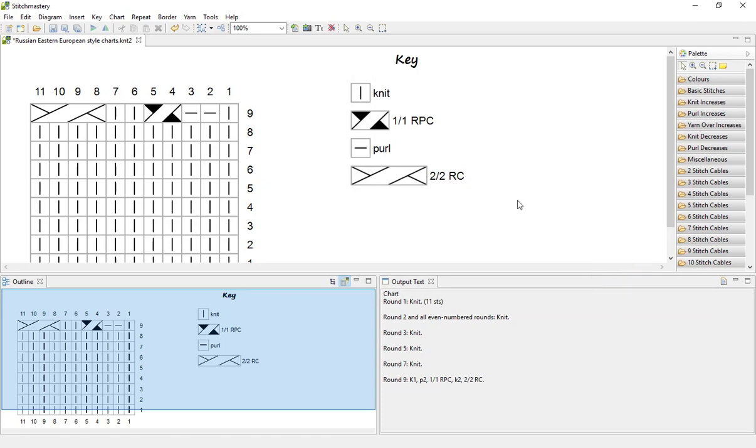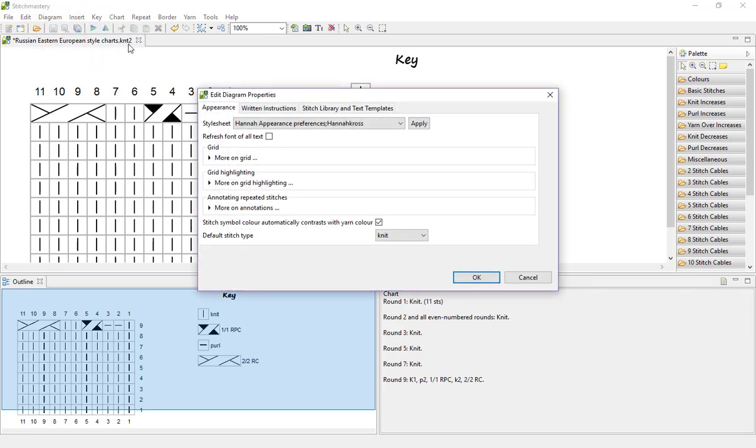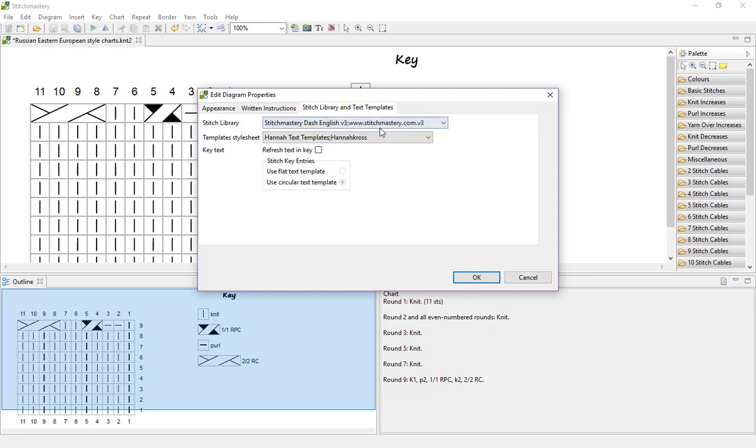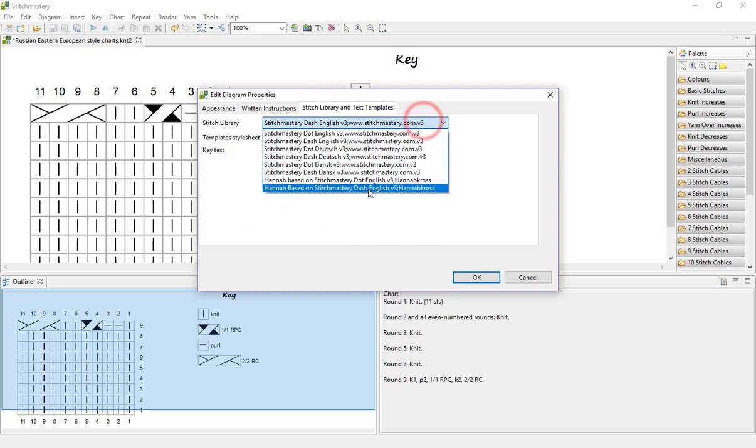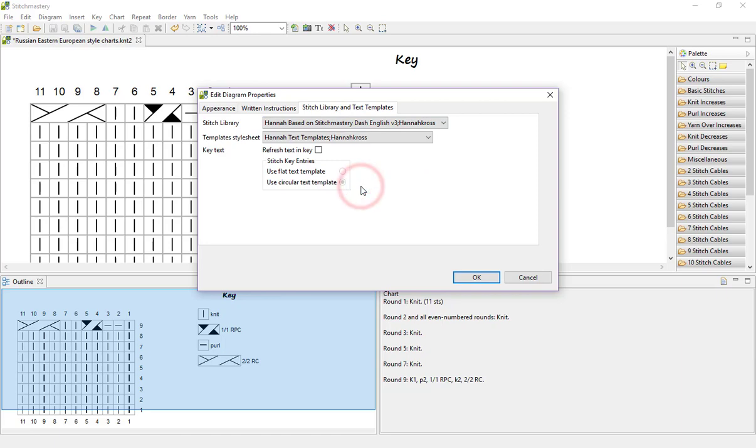Now because we've just created a new user library, then we want to tell Stitch Mastery we want to use that particular library in this chart. So again I've gone to Diagram, Edit Diagram Properties, open the Stitch Library and Text Templates tab, and we'll choose the Hannah based on Stitch Mastery English. Refresh the text in key,